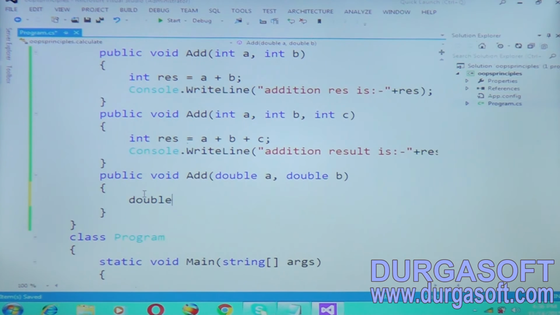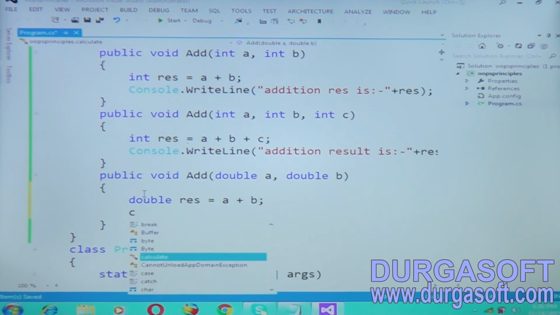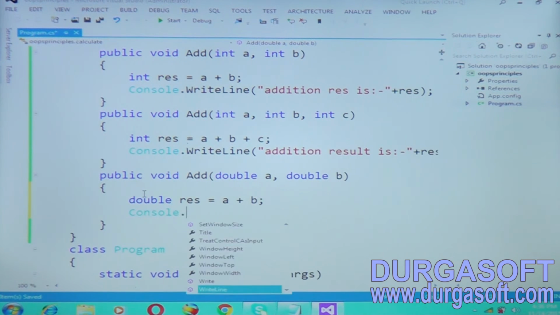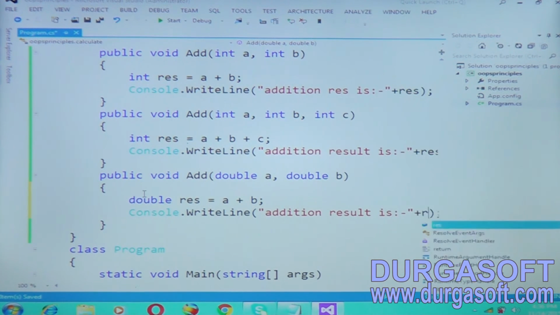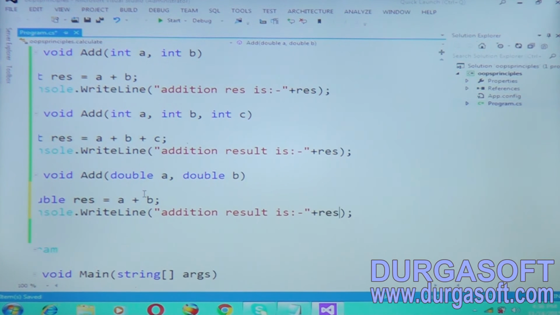Storing it in a double, res equal to a plus b. Then Console.WriteLine, addition. Fine.